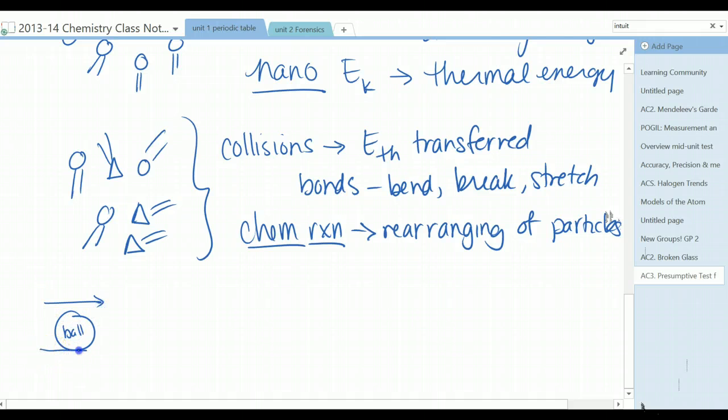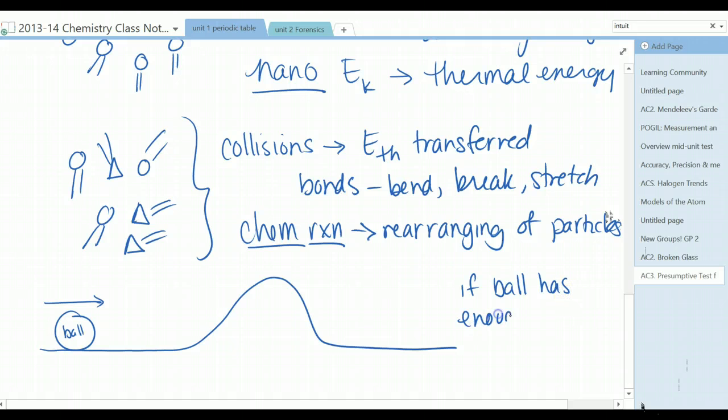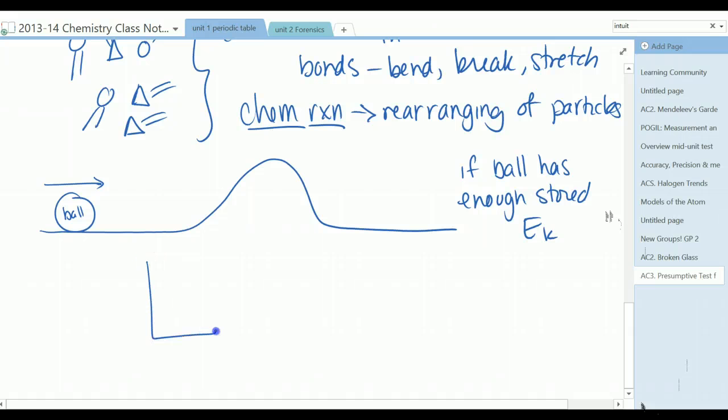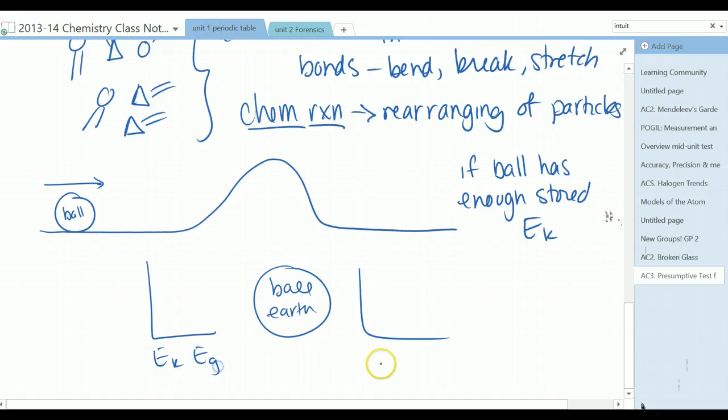That ball is rolling along the ground and it comes to a hill. If the ball has enough kinetic energy, then it'll make it over the hill because that kinetic energy will transfer. For those of you that have had the bar charts before, if we look at the ball and the earth as our system, kinetic energy, gravitational potential energy. If the ball has enough kinetic energy